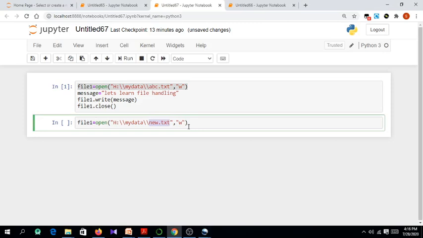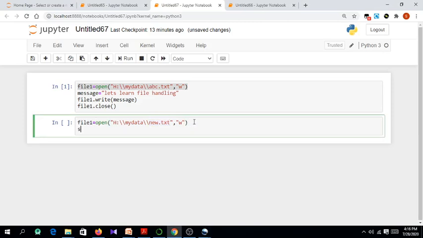So in this case, when you try to open a file, let me give some message in string one: good morning, something like this. When we try to open a file which is not present in the folder, then Python automatically creates a new file.